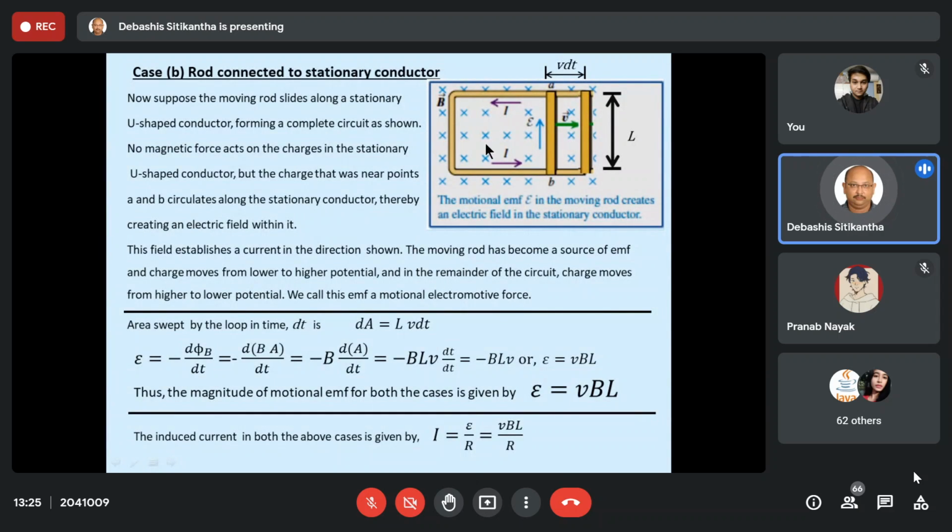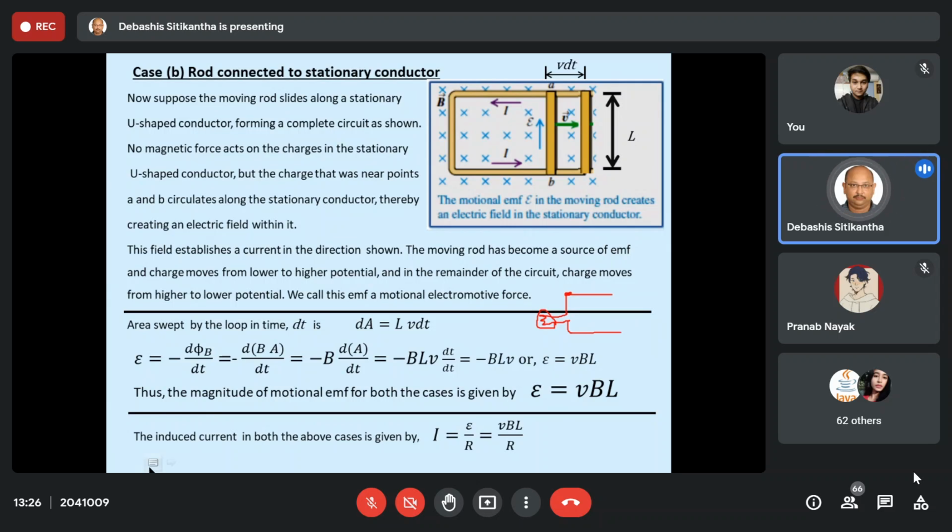Now let us do one thing. Let me tell you why I have chosen this type of setup. Obviously the purpose of generating EMF is to drive some load, and by driving some load we are doing some useful work. For example, let us say I am having this U-shaped conductor. Now there is a break in this U-shaped conductor, and over here let me connect a tungsten filament bulb. So if I am going to generate EMF, let us do some work by generating that EMF.